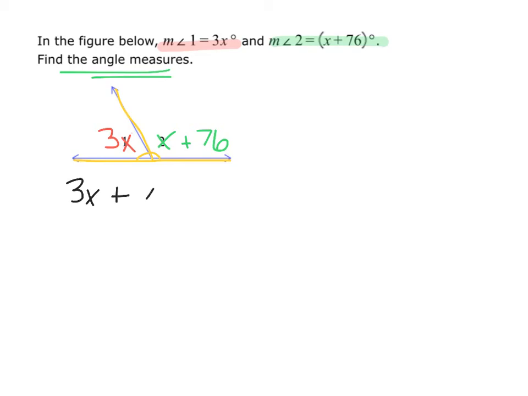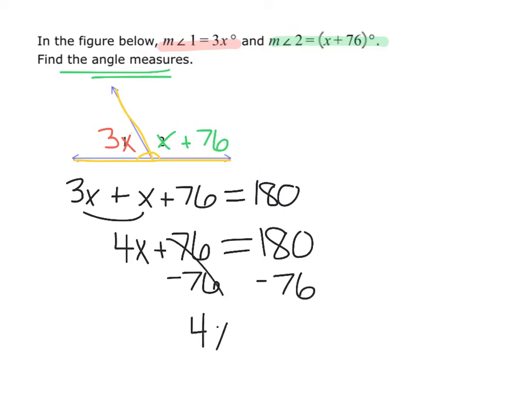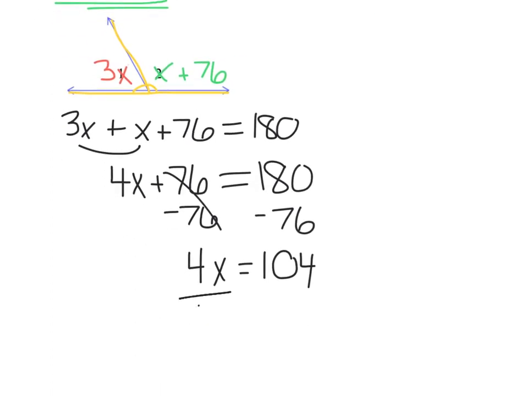3x plus x plus 76 will have a sum of 180 degrees. Let's combine our terms to solve this equation. 3x plus x is 4x. 4x plus 76 equals 180. Let's subtract 76 from both sides so that we can figure out what 4x is. 4x is 104, and then in my final step, I need to divide both sides by 4, and I get